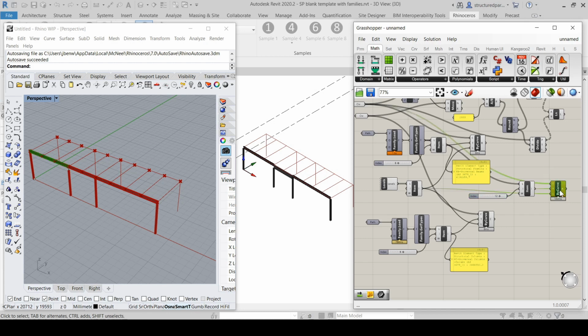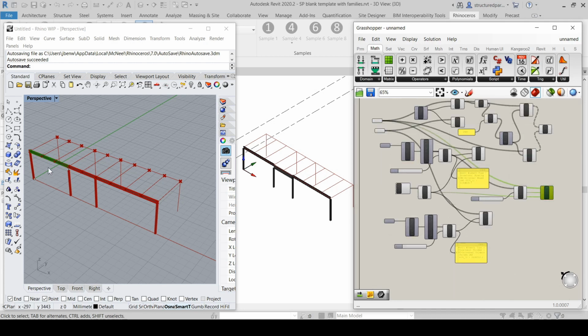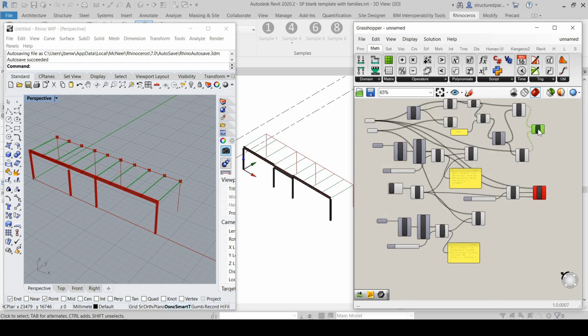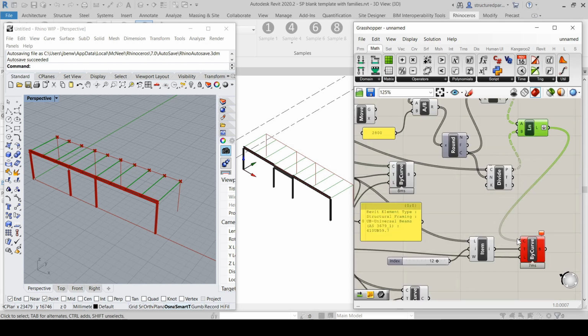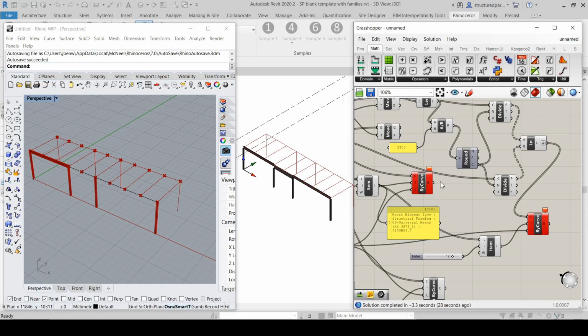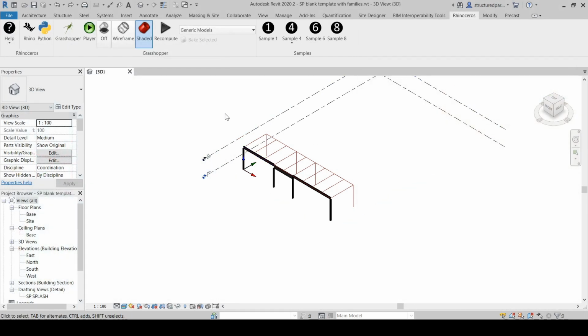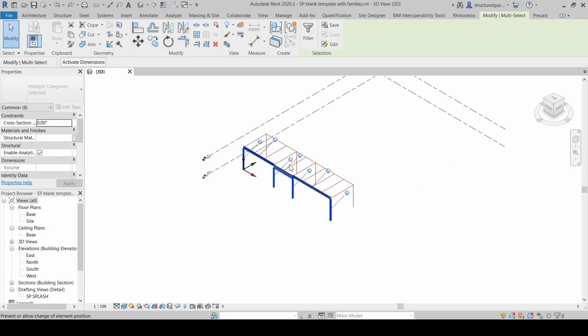Now, you might have noticed that this is turned red. The reason is it's getting a bit confused because it's trying to overwrite two elements on the same location. So I really need to be using these lines, which I'm going to flatten just to keep it simple. Okay, so it's still getting quite confused because you've got to realize that Rhino is a bit independent from Revit. So the best thing to do in some cases like this is to